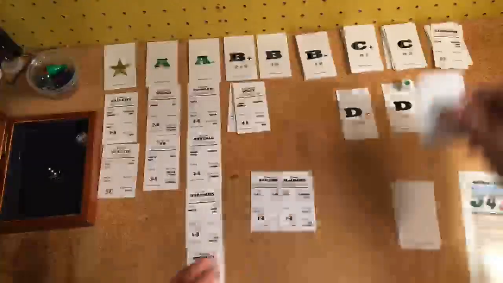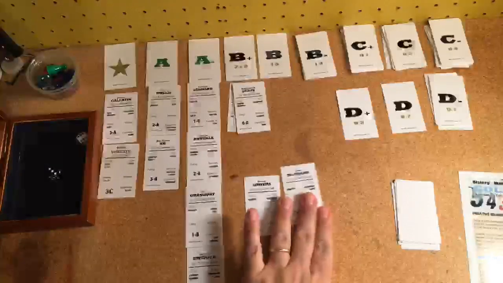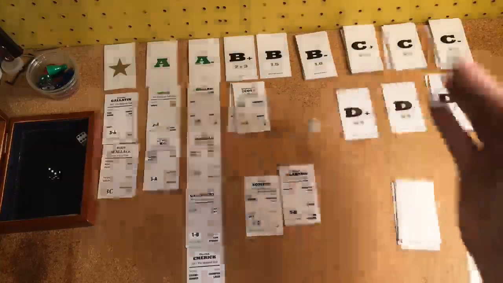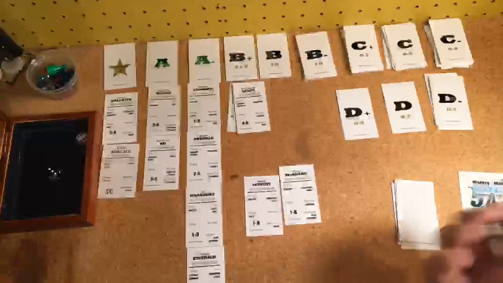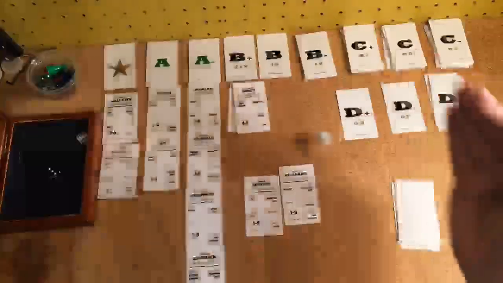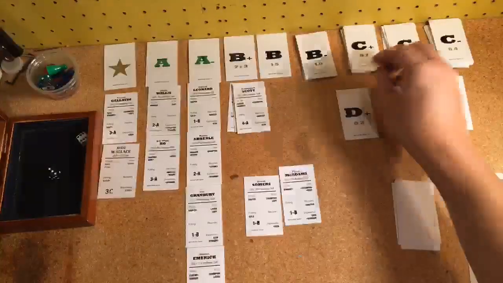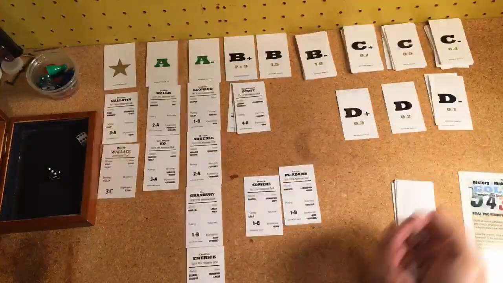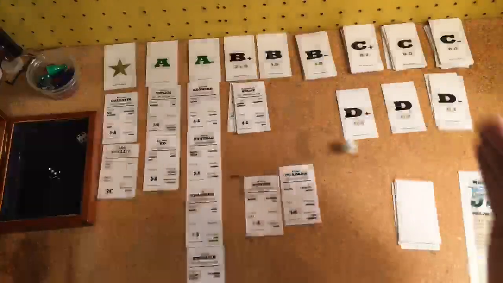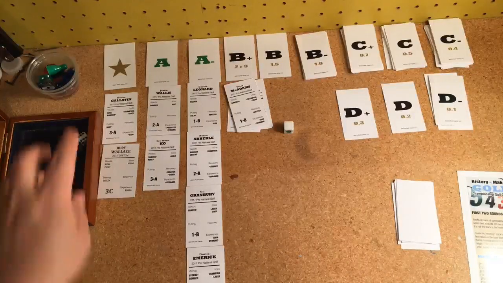So, all right, so now we've got to figure out who's going to be at B+ and who is going to be at A-. Sommers is yes. McAdams, yes. Sommers, yes. McAdams, yes. Sommers, yes. McAdams, yes. Sommers, yes. McAdams, no. It took a little longer than I expected. Okay, final